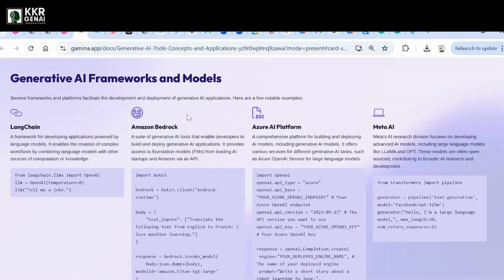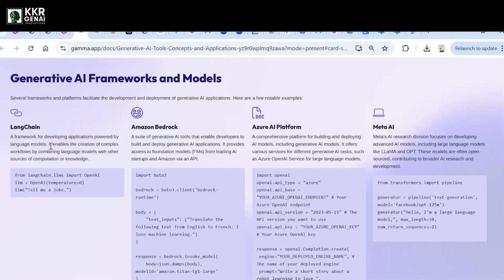So as an AI developer, you are going to utilize LangChain as a framework. Okay, and you will connect to cloud services like Amazon Bedrock or Google or Microsoft Azure or the Meta platform. In traditional algorithms we use scikit-learn, TensorFlow, PyTorch, or Keras frameworks, right? For implementing generative AI tools, we utilize the LangChain framework. Okay, LangChain is one of the frameworks highly utilized in the industry to implement their use cases.